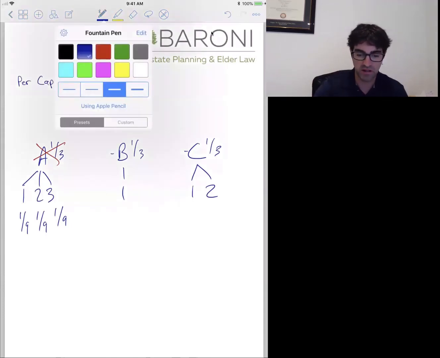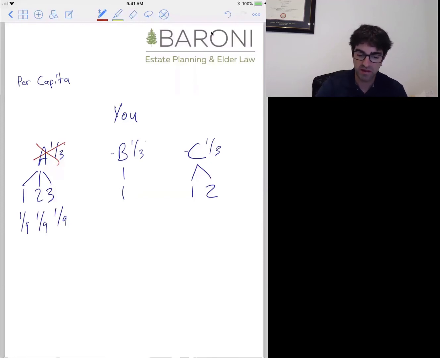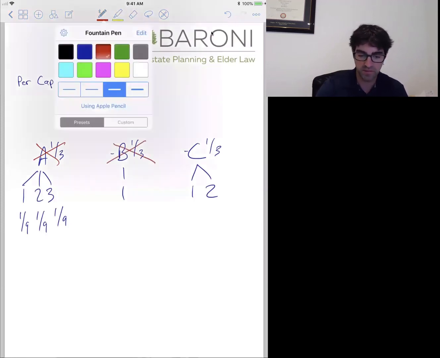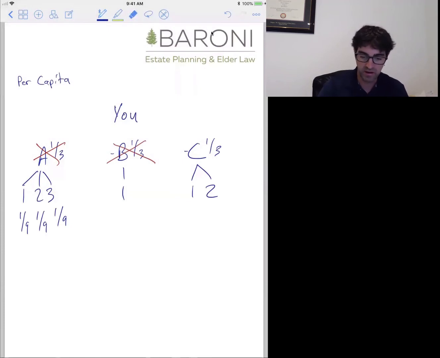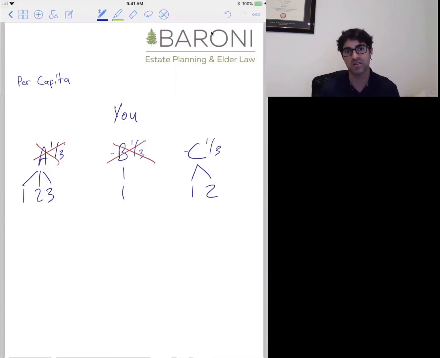Here's where we're going to start to get a change with per capita. Now let's assume B is also deceased before the account holder. Now we're going to get a different result. Now we have 2/3, A's third and B's third, that's going to be split between 4 people. So those 4 people are going to take 1/4 of 2/3, which is a 6th. Now we have A and B's children each taking a 6th, which adds up to 2/3, and C still taking his third because